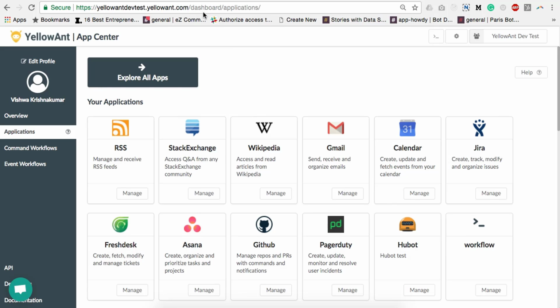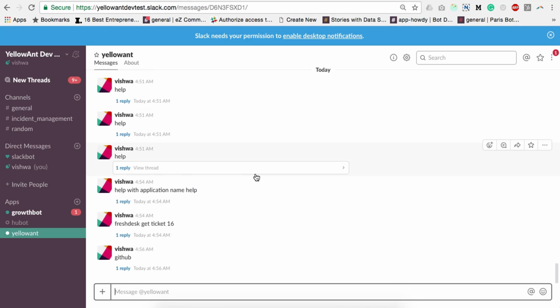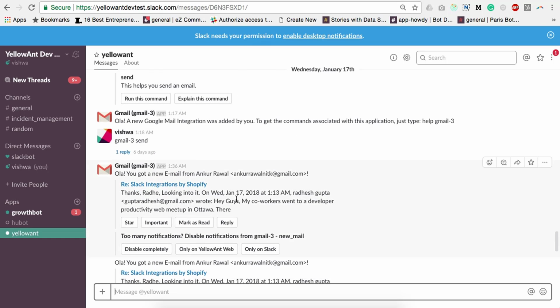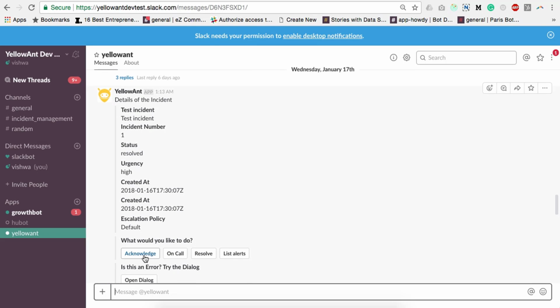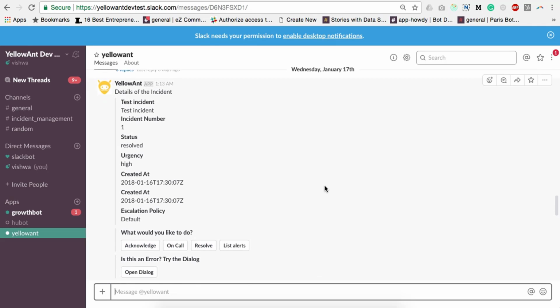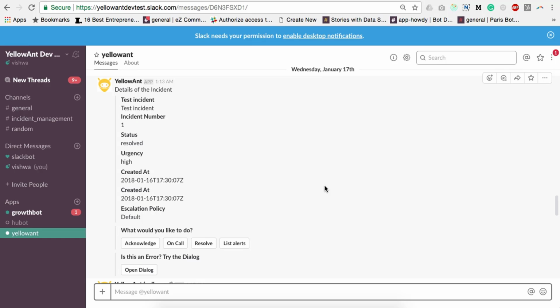It connects with all these applications and lets you command them from Slack, gets you real-time work updates from all these apps, lets you take quick actions on all these updates, and allows you to do a lot of